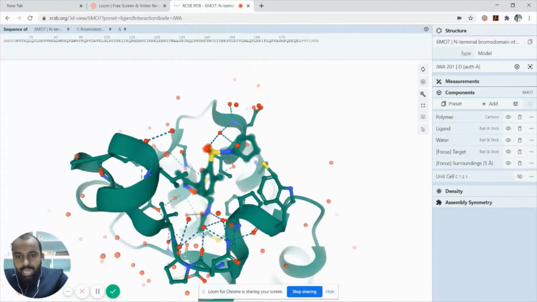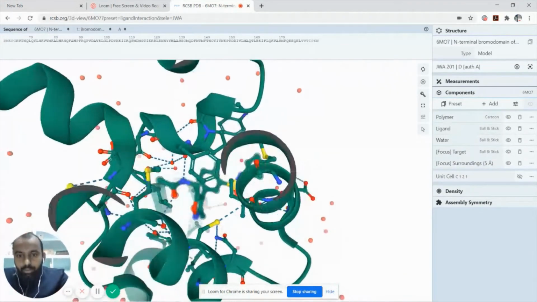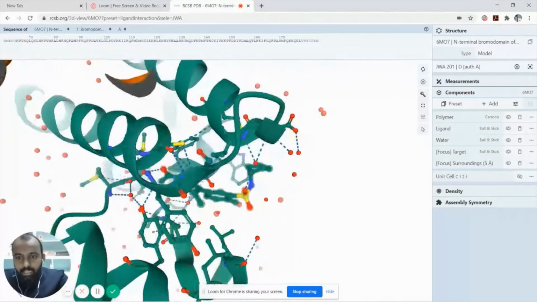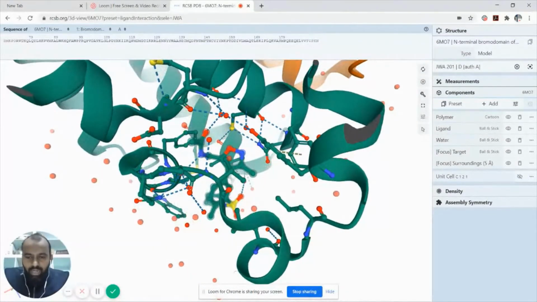Now if you see the active site, there are some water molecules present in the vicinity of the active site. So the fundamental question is, which water molecule should be retained and which should be deleted from a protein.